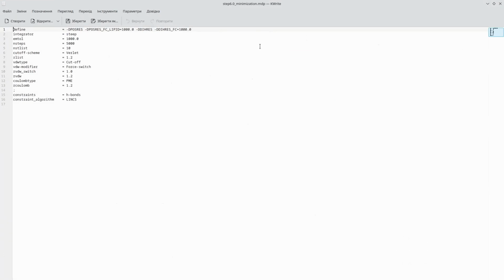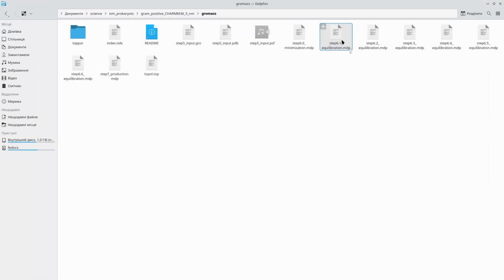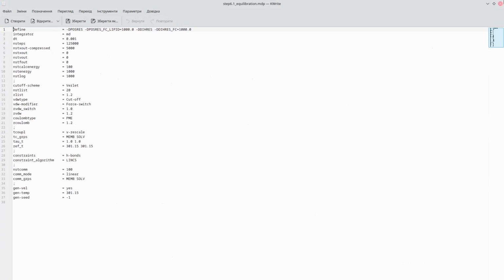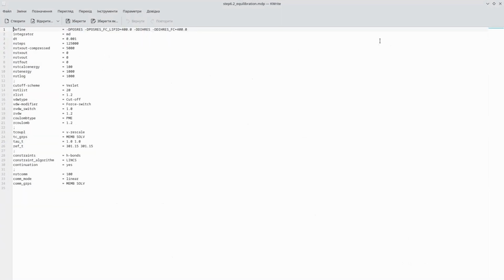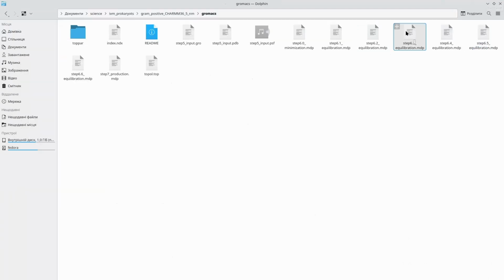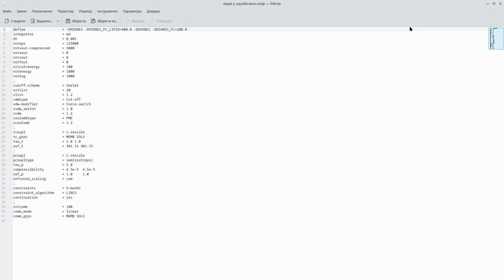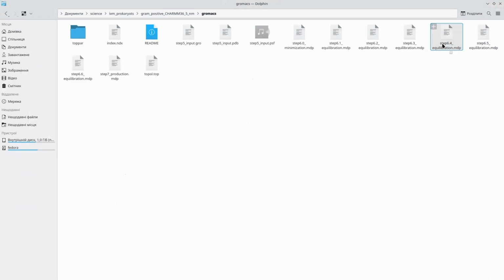In all cases, we use a combination of V-rescale thermostat and C-rescale barostat to reach the reference temperature and pressure, and to also maintain it during the production run. The choice of thermostat, barostat, and their combination really depends on what you simulate and what your preferences are. In textbooks, you can also find the combination of Nose-Hoover thermostat and Parrinello-Rahman barostat as a canonical combination of methods